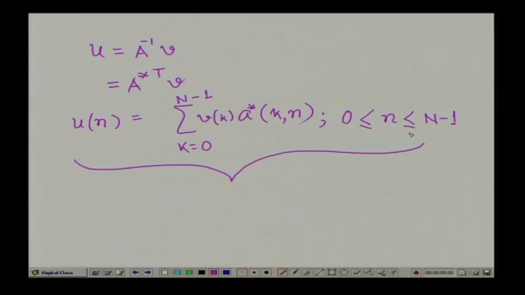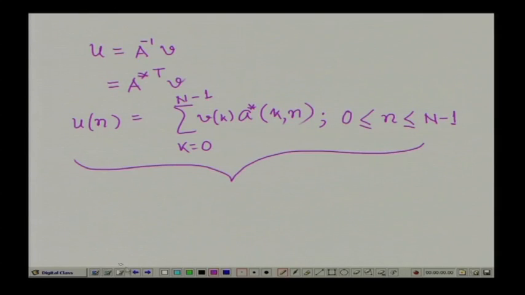So, this is what we get in case of a one dimensional sequence. Now, let us see what will be the case in case of a two dimensional sequence. So, for a two dimensional sequence, if I go for the case of two dimensional signals,